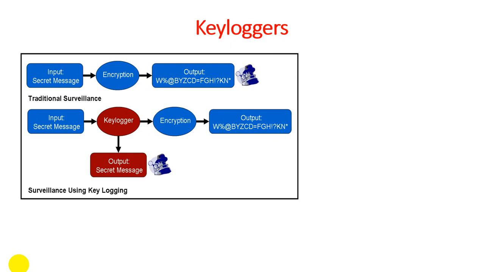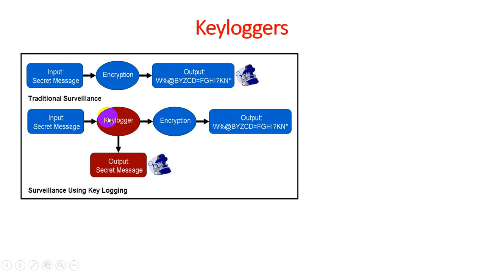Without keyloggers, or without any kind of hacking of a personal computer, the input message should be converted to an encryption, and with the help of encryption they can directly generate the output. But if someone monitors our system with the help of a keylogger, they just install the keylogger between the input message and the encryption technology,